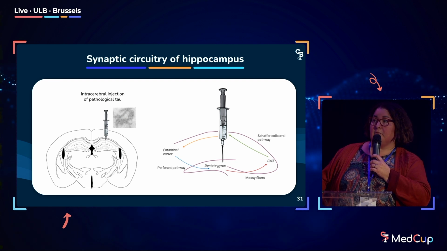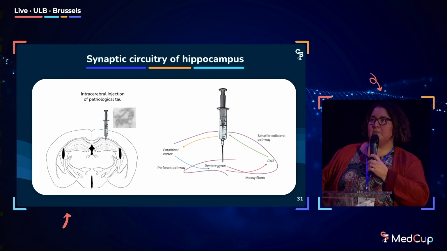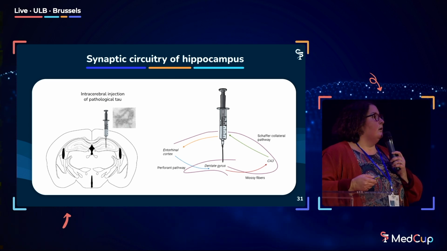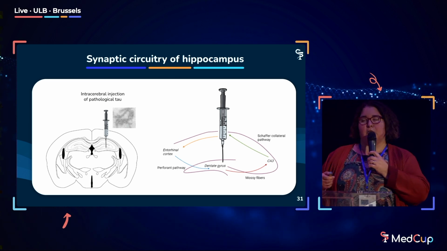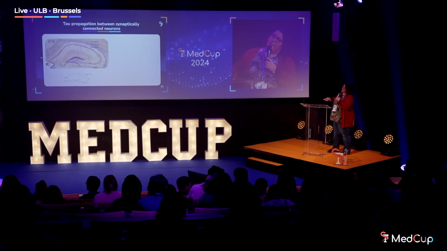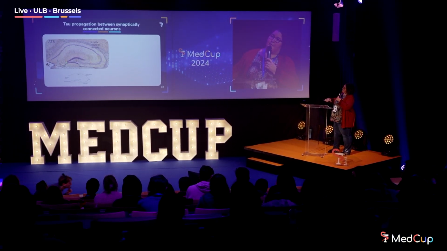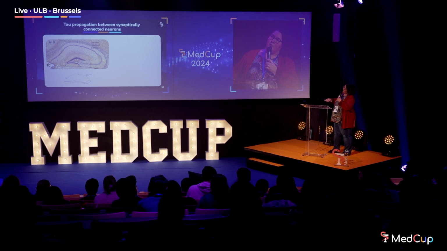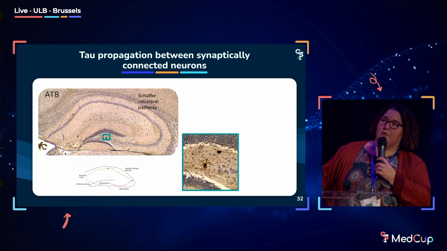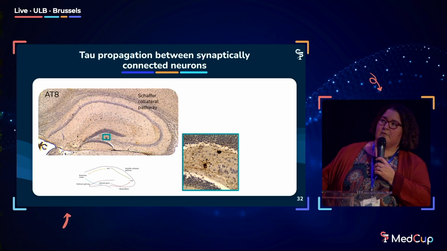And thus we will inject pathological tau in the dentate gyrus to see if the different connections are also propagating the pathology. Next. Here you see the hippocampus, thus the Hammond's horn and the dentate gyrus. The neurons here are stained in purple. We inject here in the dentate gyrus, and when we look at the dentate gyrus, we see neurons affected with